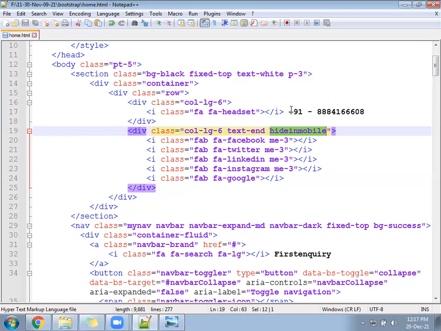You have to write the class, then it will work. Hide in mobile does not exist; we have to write our own class.